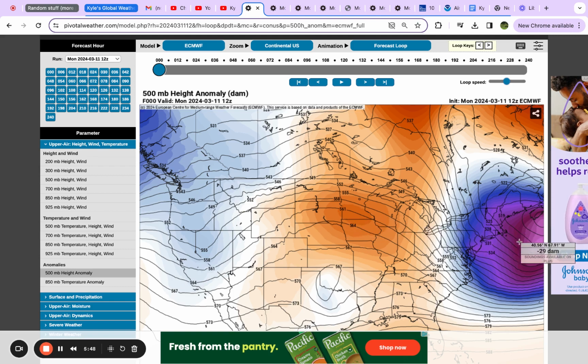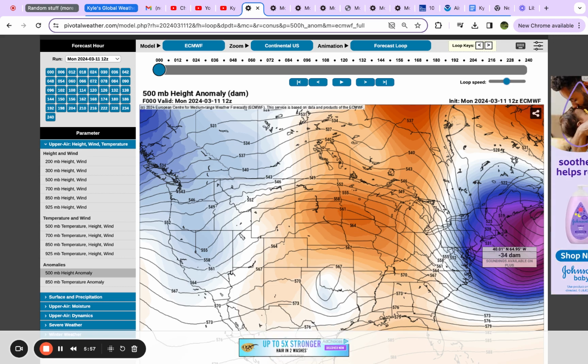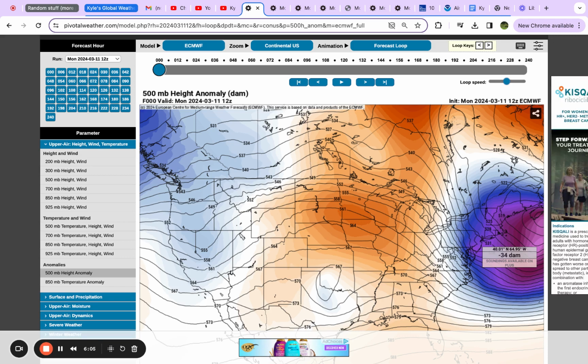And then over here to the right, you can see a very significant drastic departure, negative 34 decameters. That indicates a strong low pressure system or something. We don't know exactly which layer of the atmosphere this is in, like particularly located. We can see it pops up in the 500 millibar range, but it requires other tools to locate that kind of thing.